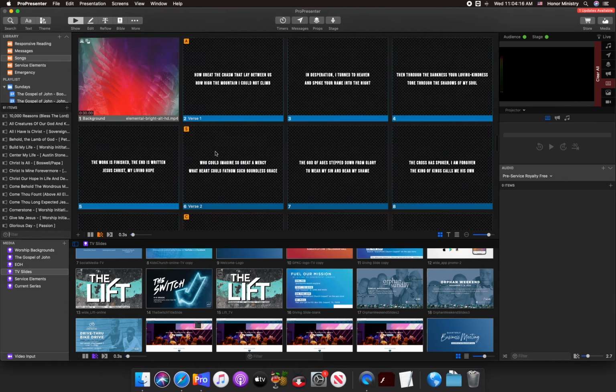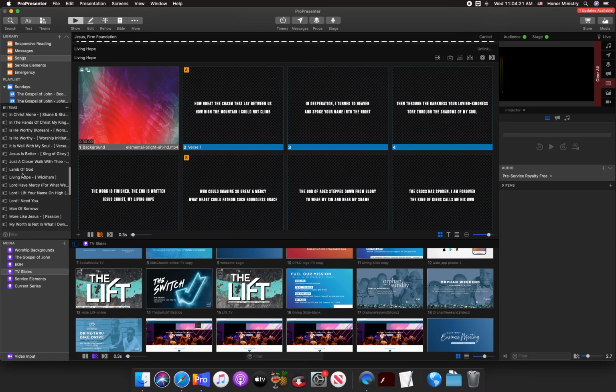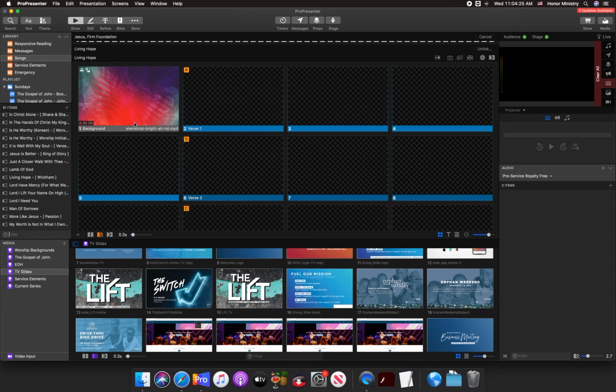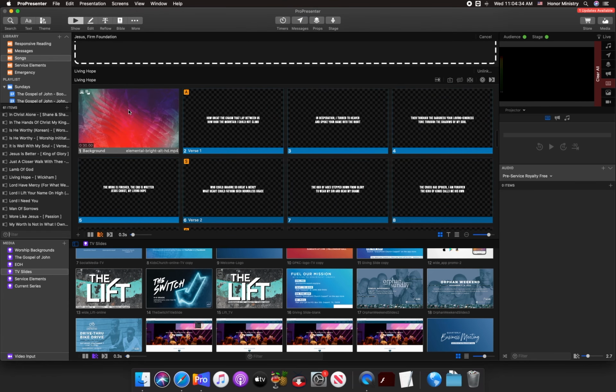This doesn't look quite right because we had services in the fellowship hall for a while, which the projector was a different size. So I'm going to resize that. Make sure it looks right. There we go. Now the text looks weird. This is because of that service in the fellowship hall. So when we click on this,